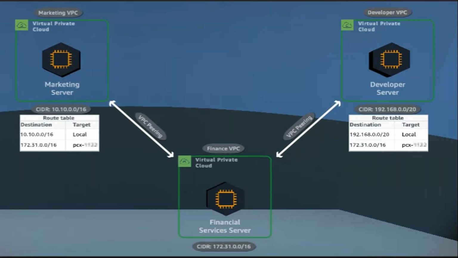In the second scenario, we will establish a connection between finance and this developer VPC, right? They have a different network. So this is a typical scenario in real-time offices, where we are connecting different private departments, but not routing that traffic through